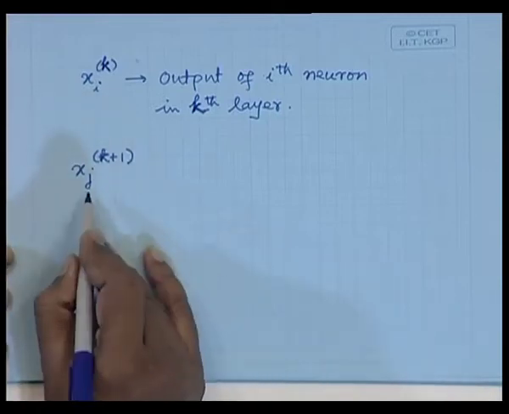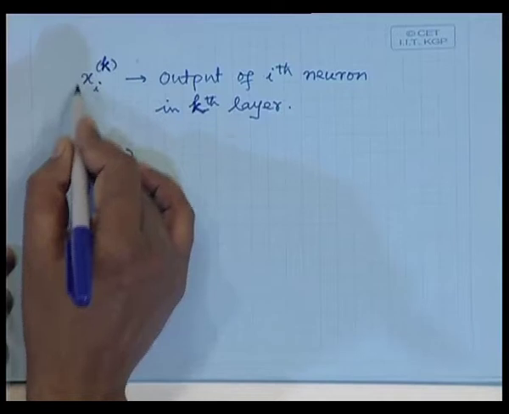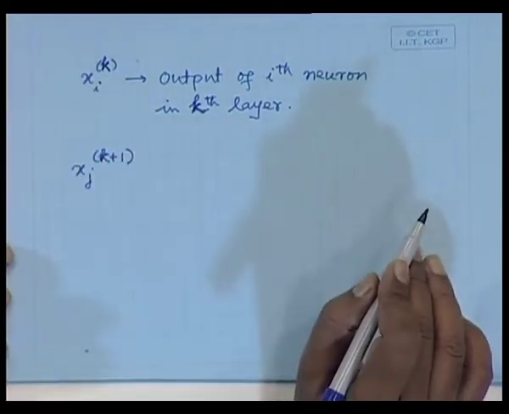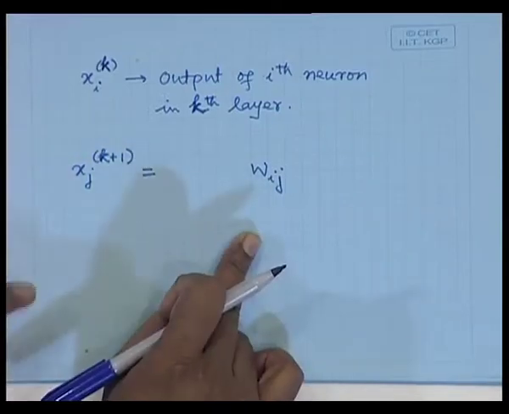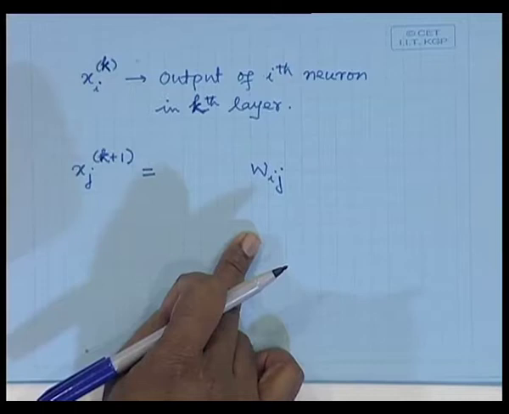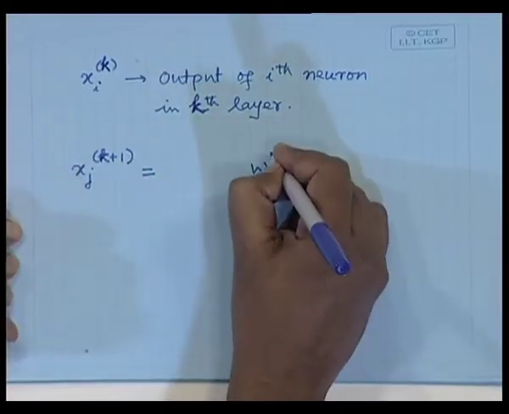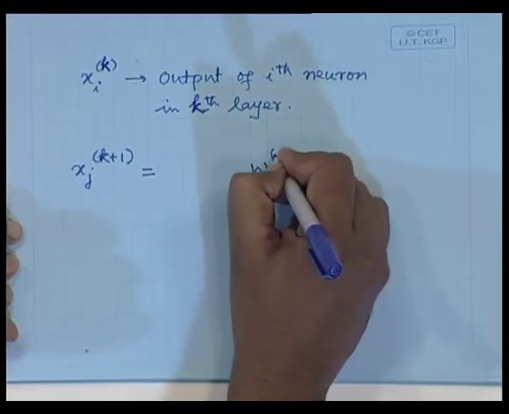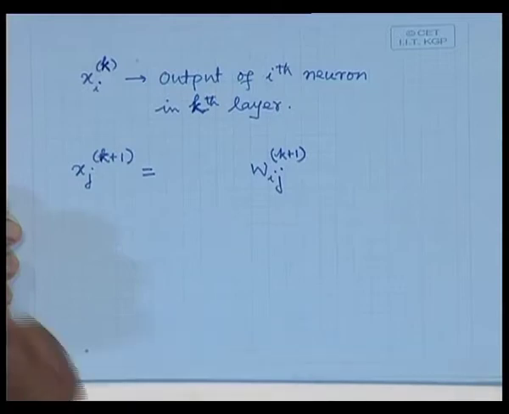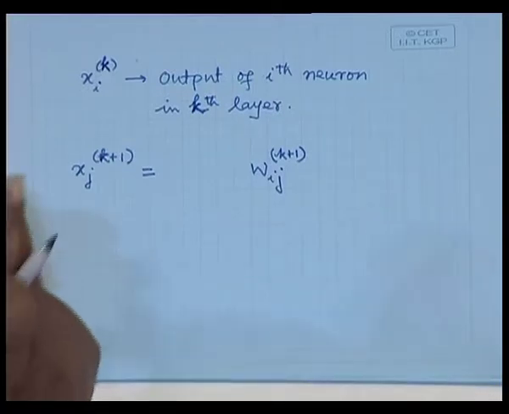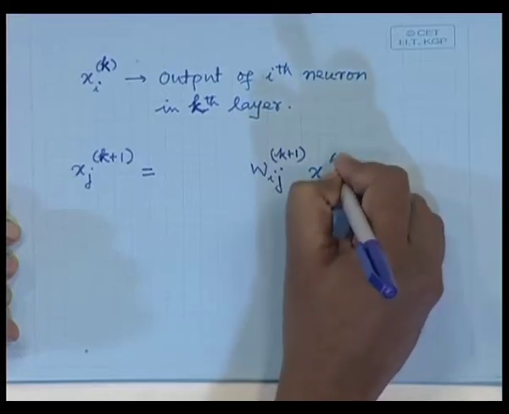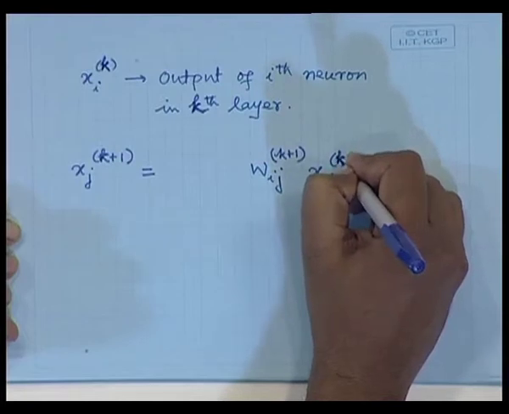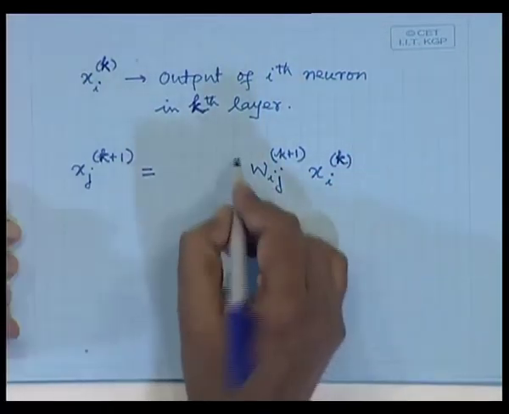Okay. This is the output of the jth neuron in the k plus first layer, which gets input for different values of i. So, I can write this as w_ij, because from every ith node in the kth layer, this jth node in the k plus first layer gets input. So, this is w_ij, and between which two layers? I write it as k plus 1, indicating that it is the connection weight between the kth layer neuron and the k plus first layer neuron. So, w_ij^(k+1) into x_i^k, that is the output of the ith node in the kth layer neuron. Take the summation of this